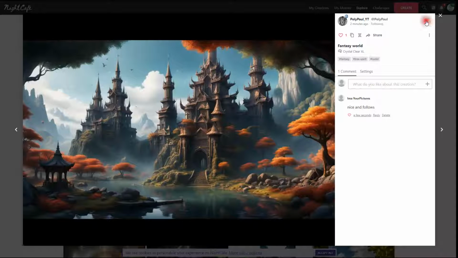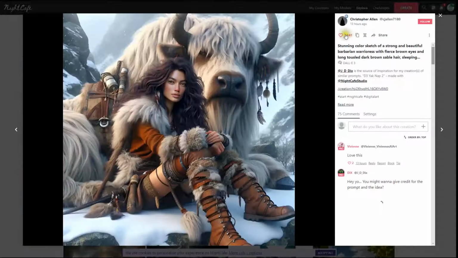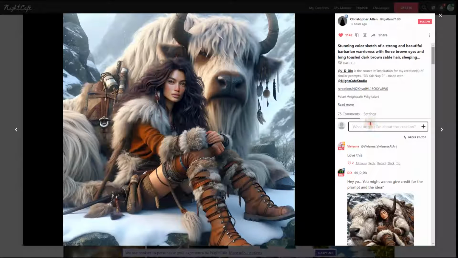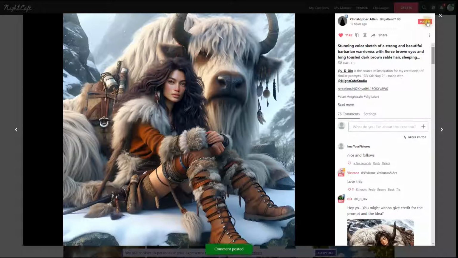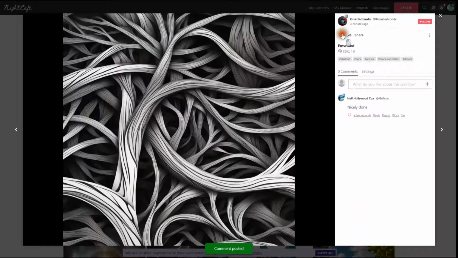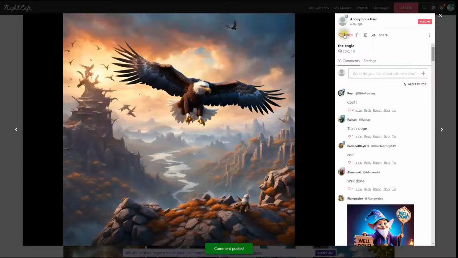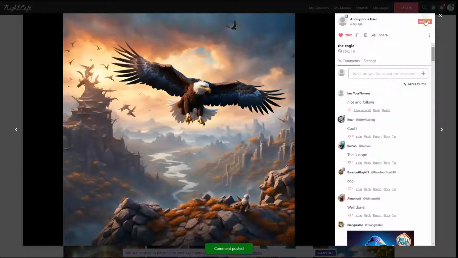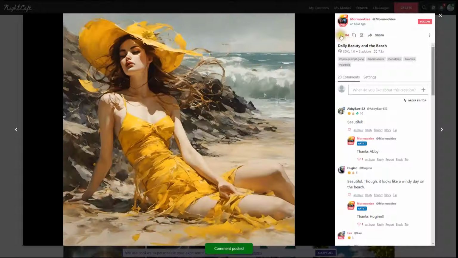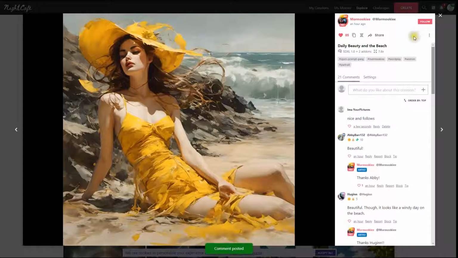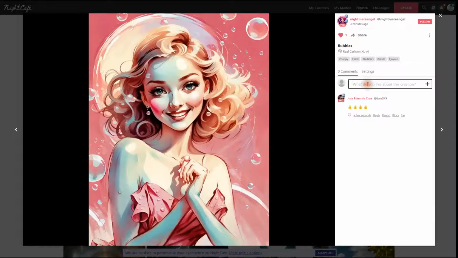Then I'm going to say follow on this very first work of art, and I'm going to do that for the next users. So now I'm just pasting in nice and follows on these next users and clicking on the red button that says follow. So I'm following these other users that are not me, and notice as I do that, you'll be receiving credits after so many people that you follow.